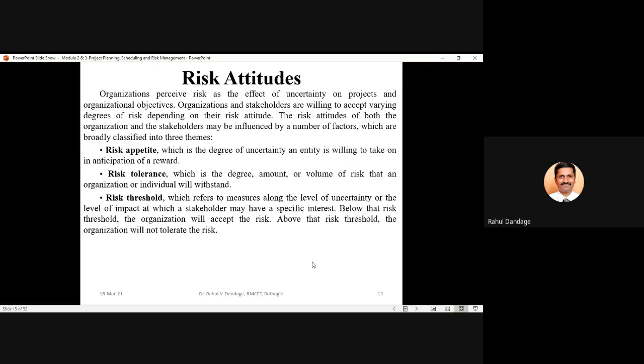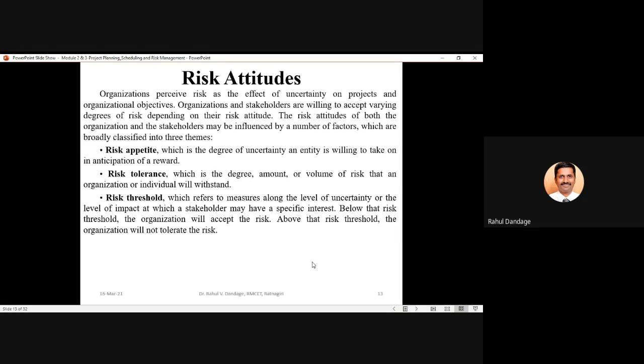So when organizations or stakeholders decide to accept or reject any risk category, it is based upon their risk attitude. The risk attitudes of both the organization and stakeholders may be influenced by a number of factors, such as risk appetite, risk tolerance, and risk threshold.